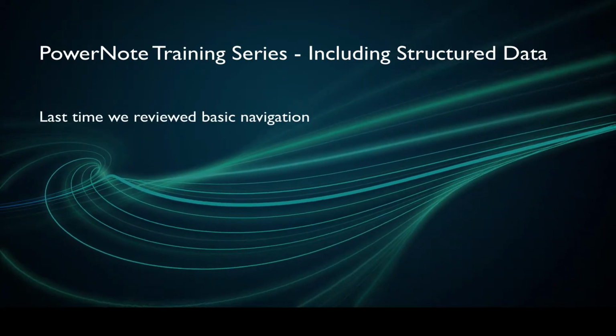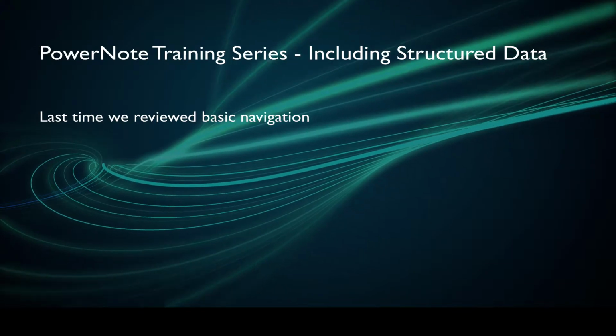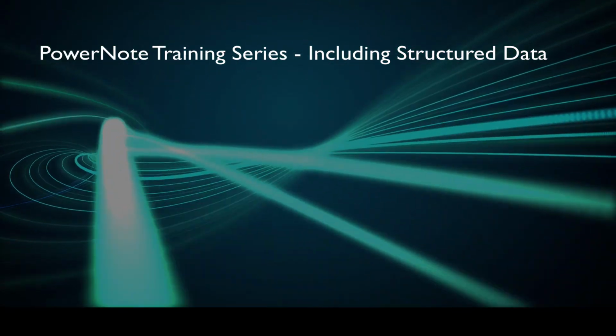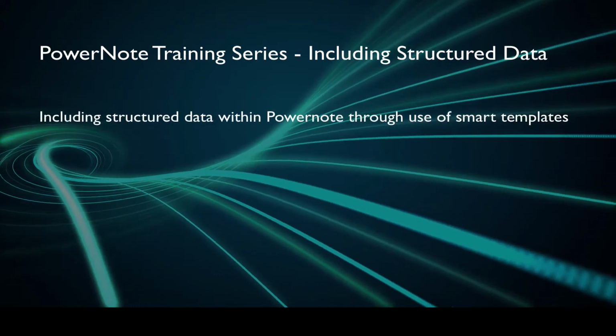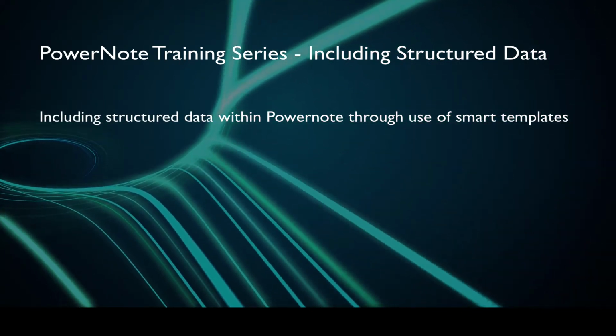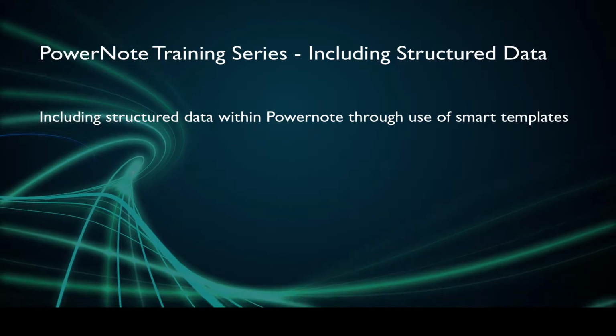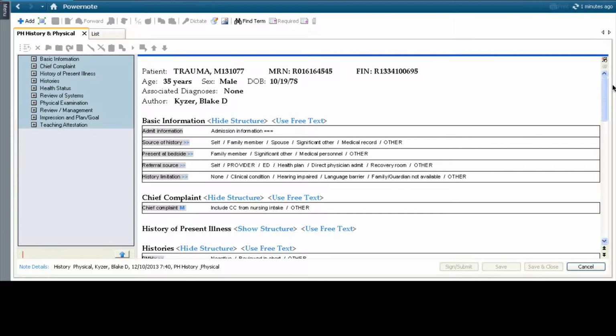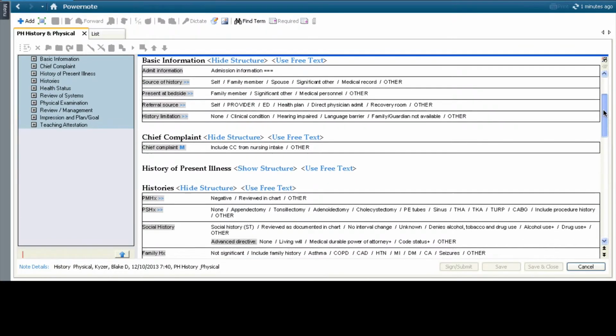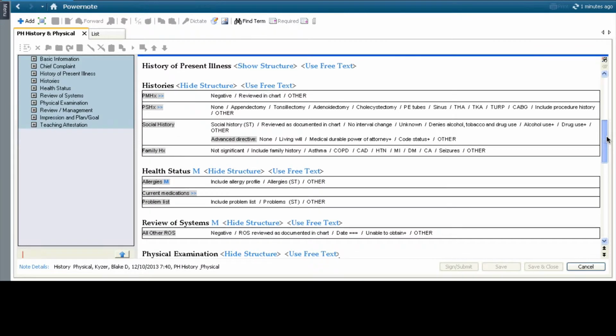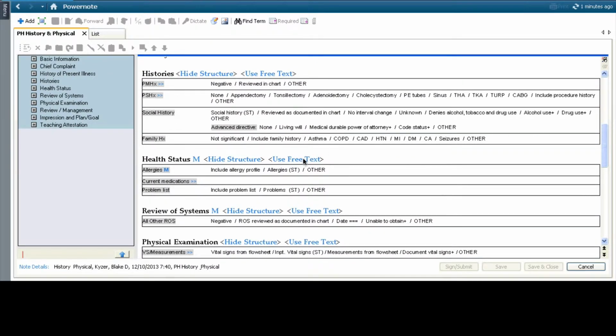In our last video, we looked at some basic navigation skills in order to properly and efficiently navigate Powernote. In this video, we're going to look at how to include structured data into various paragraphs or sections of the note. So to get started, we've already got our note opened on our particular patient, and the areas that it's recommended to use the structured data are those that offer smart templates or the ability to include information from a flow sheet. So to demonstrate, I have our patient's Powernote open, and if I move down into the health status